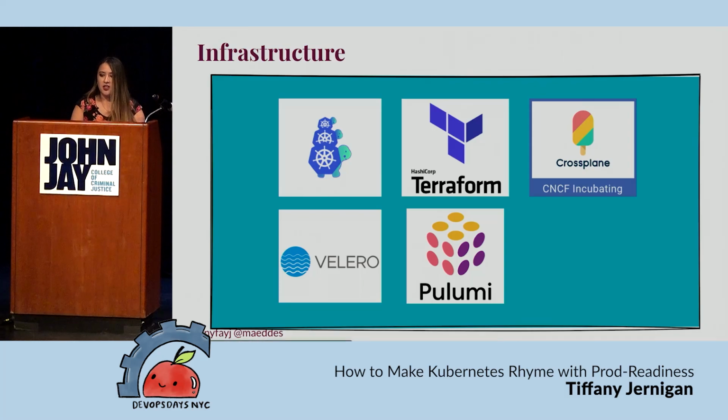So for infrastructure, there are things like Cluster API, which you can use for creating Kubernetes clusters. There's Velero, which is used for backing up the workloads on your cluster, and it will also back up persistent volumes, which is pretty cool. And all of this stuff is open source as well. Those two are specifically focused on Kubernetes, and then there are things that are more broad, like Terraform, Pulumi, Crossplane, and basically infrastructure as code. And then you can use that to create your Kubernetes infrastructure if you want.